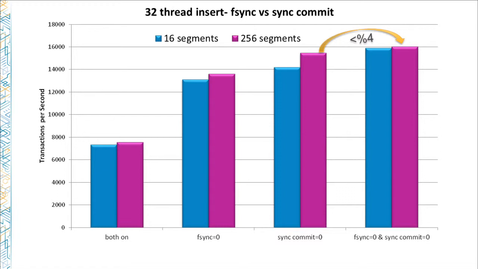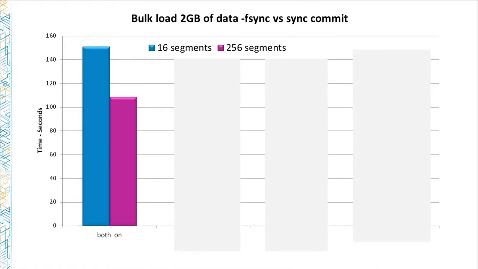I know I don't want to. So in general, that's why we recommend this. And the big jump up, as you can see, was just turning sync commit off, basically doubled the performance on this test. Now, the more typical way to do bulk loading is with a copy command, and this time